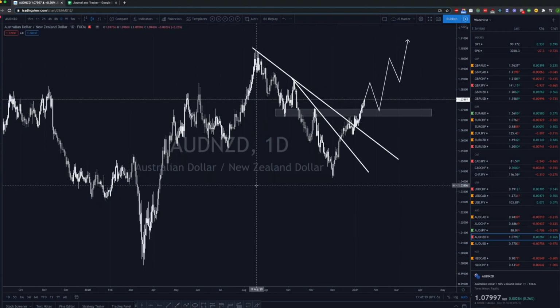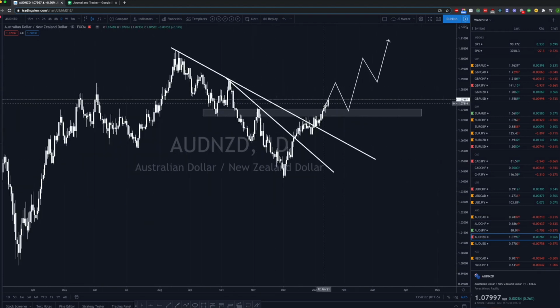AUDNZD, it's playing out as expected as well. So we had the break of these two trend lines. I can get rid of this one now. All right, so that was the first break of that trend line. Let me just put it back in. So the break of this trend line here was the first